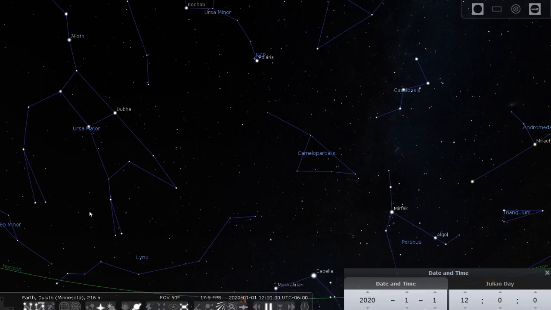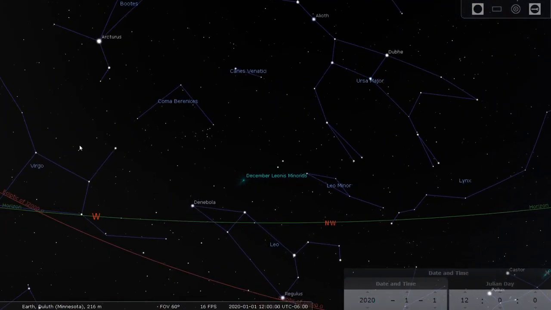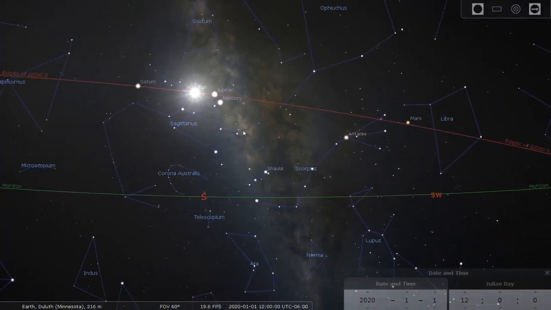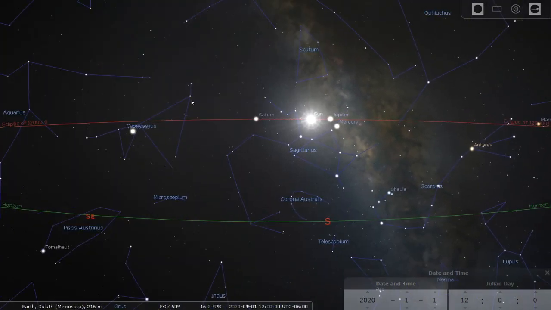And that has an effect on where the sun is along the ecliptic. So back then, on January 1st, the sun was in Capricorn. But now we've jumped to today, 2020, and we see that the sun is actually in Sagittarius. So these dates for your zodiac sign have shifted and changed, but the charts that are still used today are based off of what the sky was like 2,000 years ago.